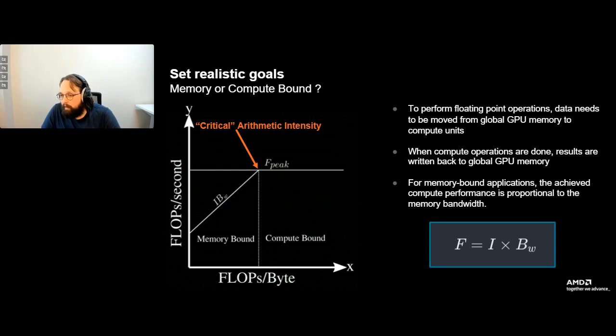So again, that's a function of your hardware as well as the type of operations that you're doing. Now, of course, there are multiple memory bandwidth roofs. You have your HBM2, your L2 cache. Everything I'm going to talk about today is going to focus on the global memory roof, because 99% of the time